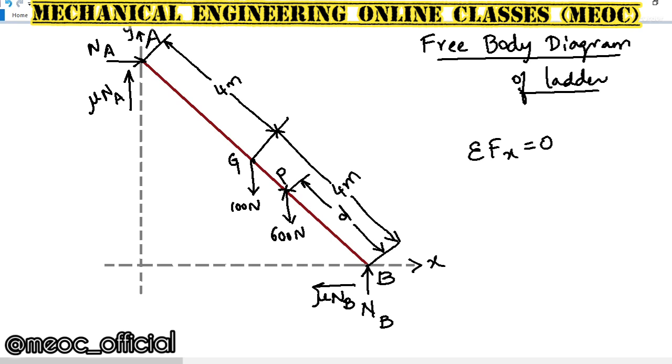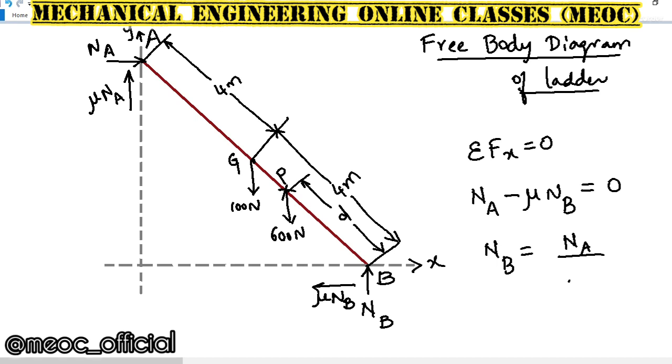The horizontal forces are NA acting rightward and mu NB acting leftward. They are opposite in direction, so NA minus mu NB are the only two forces along x. So NB is equal to